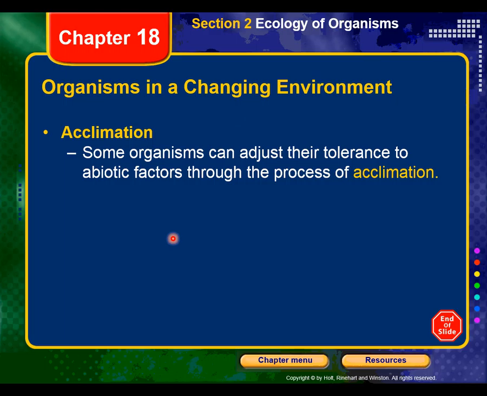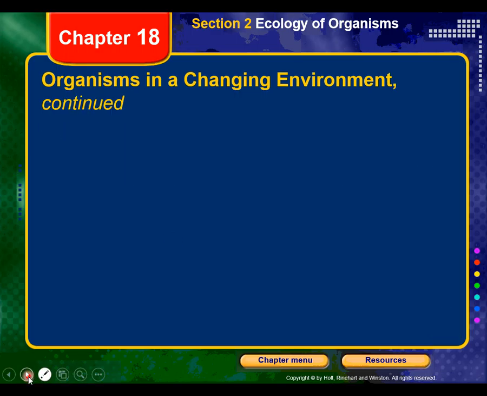Acclimation happens when that can happen in our lifetime. Adaptation is something that occurs in a population over a long period of time. Okay, so